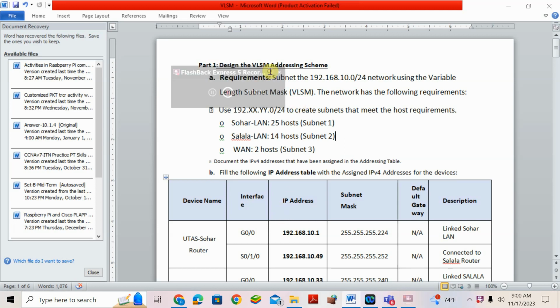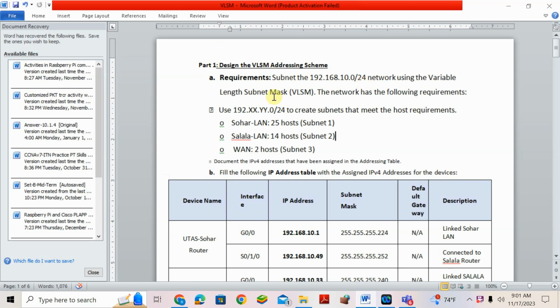Today we'll discuss the VLSM part of your assignment mini project. The question is almost similar, but the numbers are different. If you know this calculation, you can do the same in your assignment. So, the requirements: subnet the